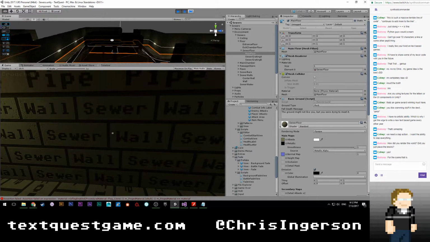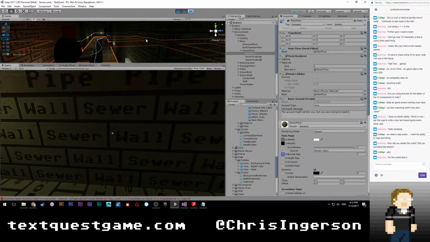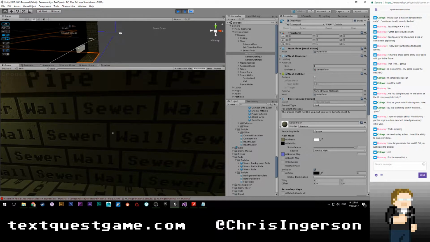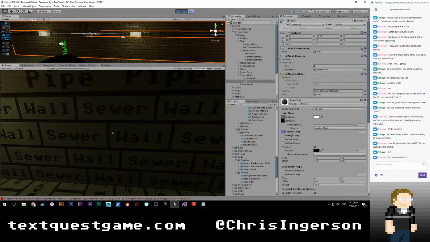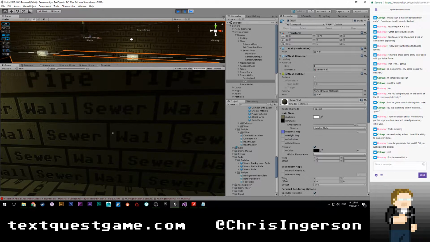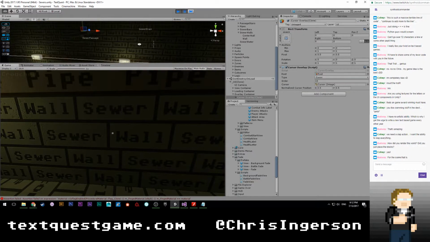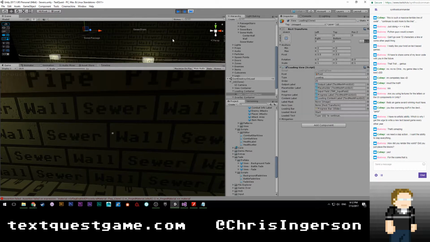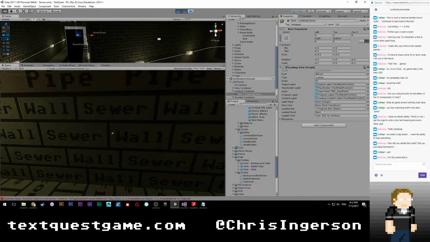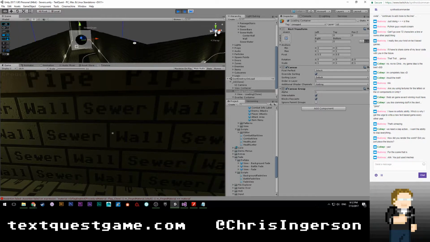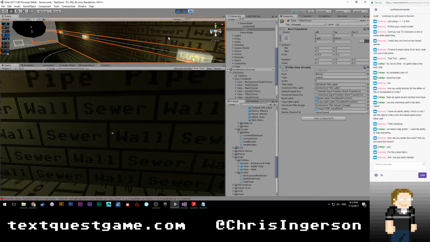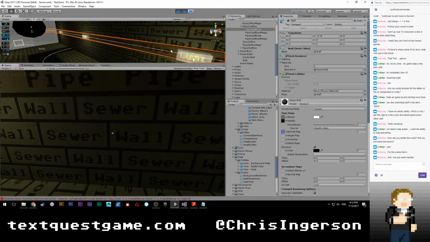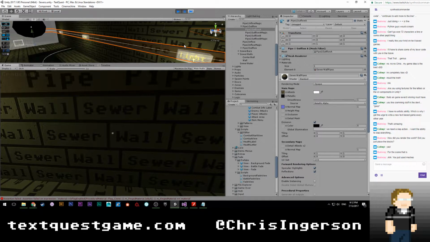Let me find a more visual wall, because this is apparently very tough. Oh yeah, and Unity's new shader is not fun to work with, because it highlights everything. I bet I'm selecting the UI. I am totally selecting the UI, freaking UI. So they're just meshes with textures on them.